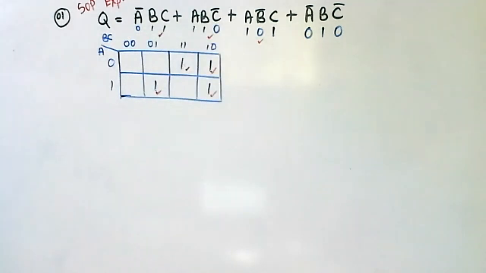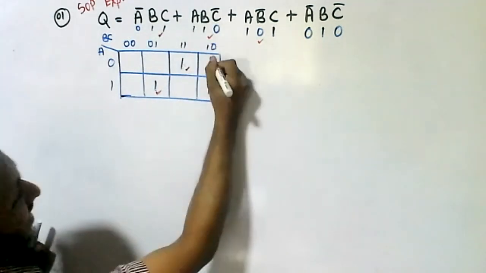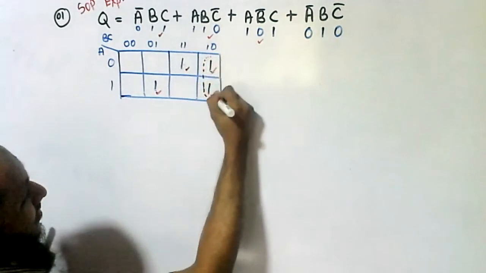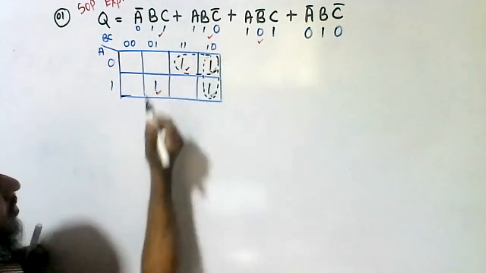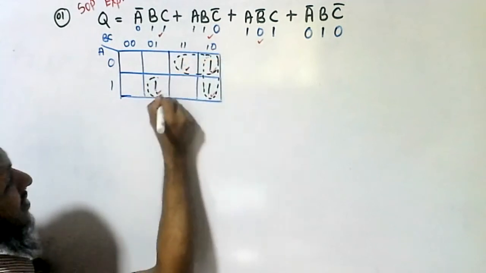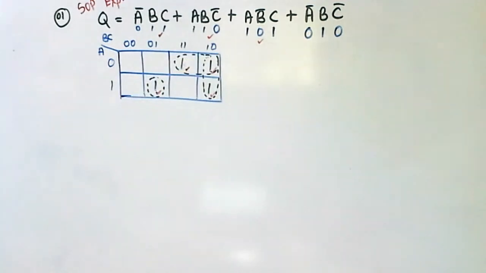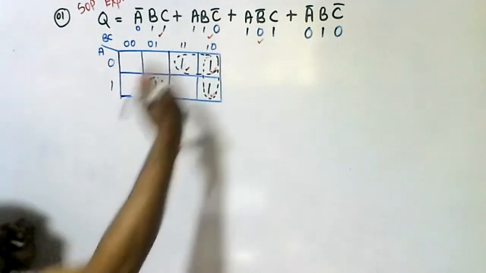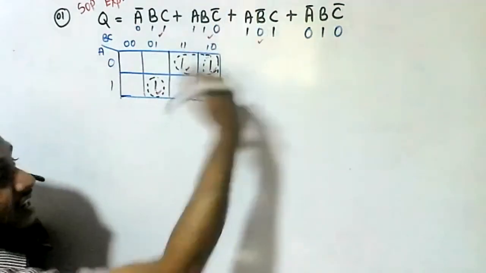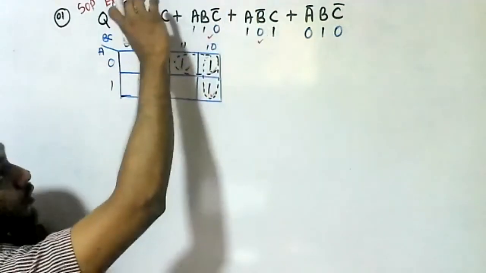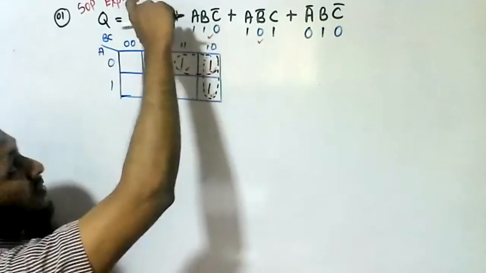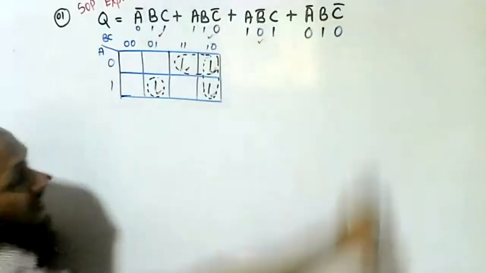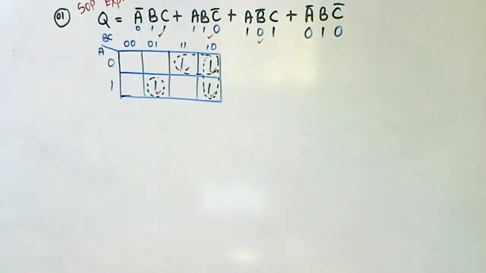Now we can group it. Yeah, like this: 2 1s and here 2 1s. And for this one, there's no other, so we have to group it separately. That's all. After that, we can simplify this Boolean expression using this. I'll explain it later. Before that, we should know how to mention the 1s in a Karnaugh map using an SOP expression or min terms. Is this clear, students?